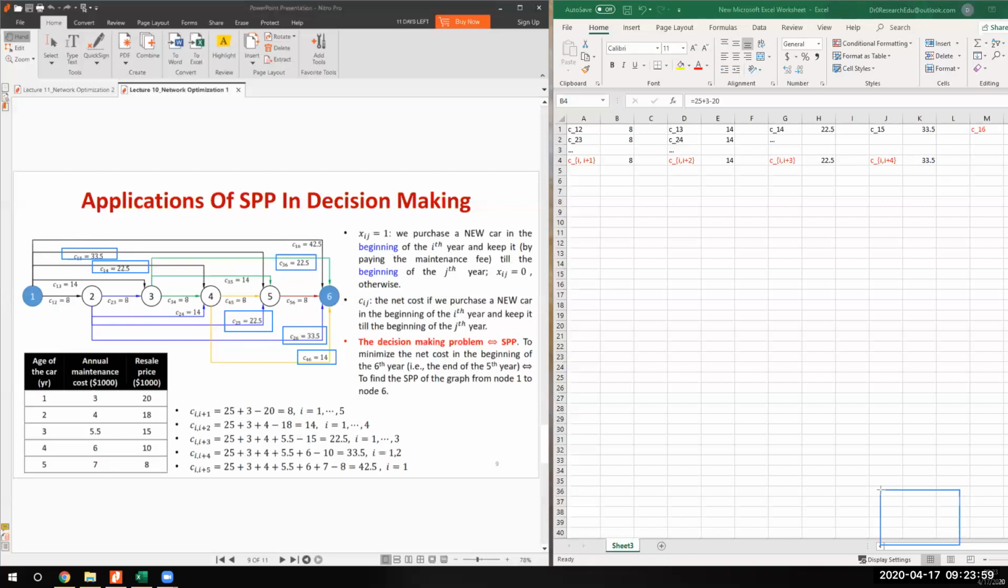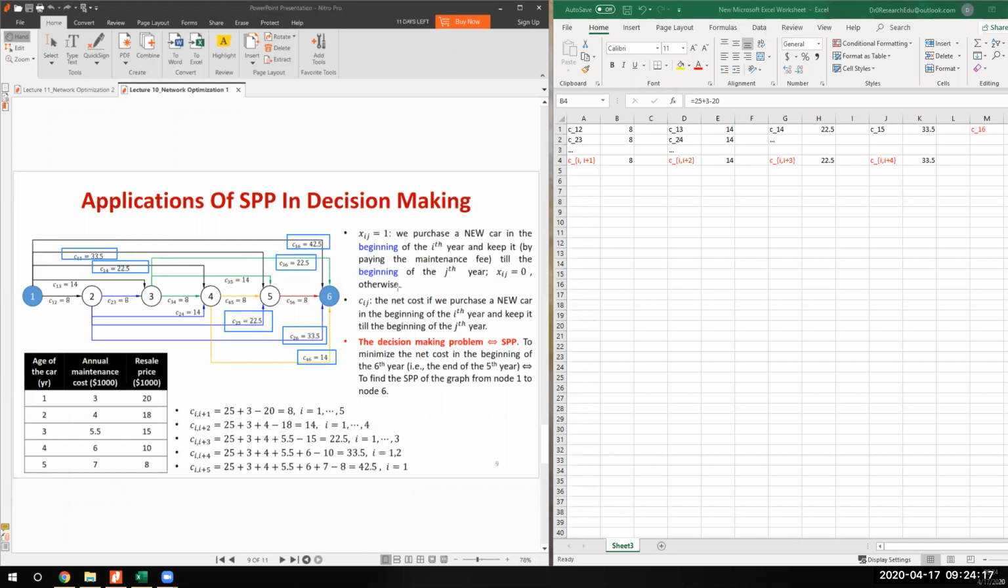And the last one is C16. Here we go, C16 equal to 42.5. Where's the C16? Here we go. Okay, so in this case, yes, I have found all these